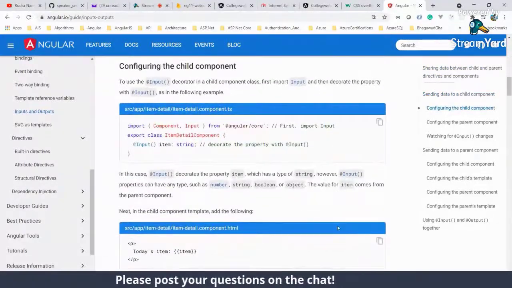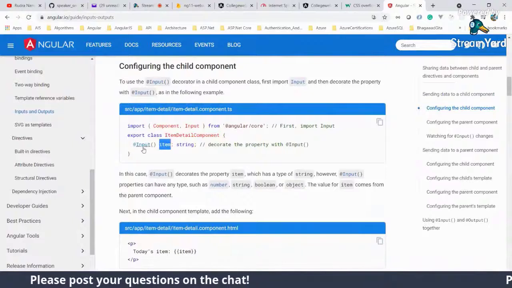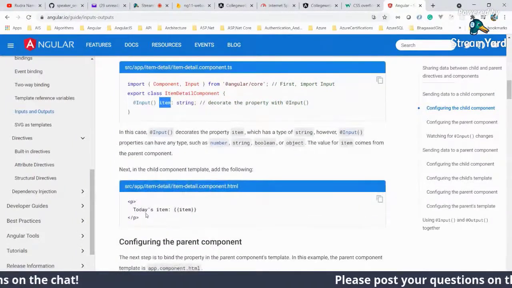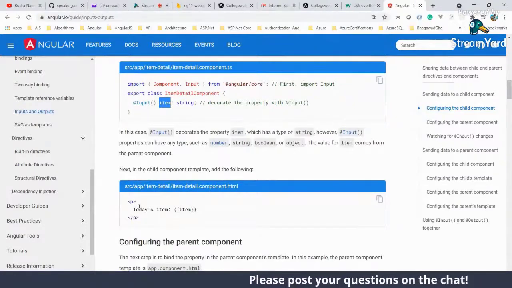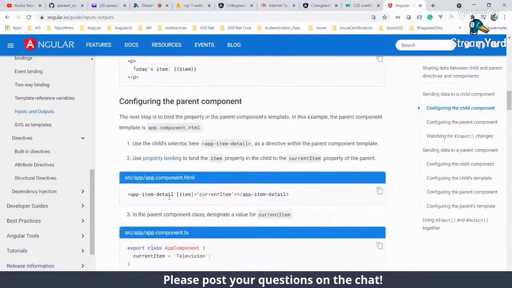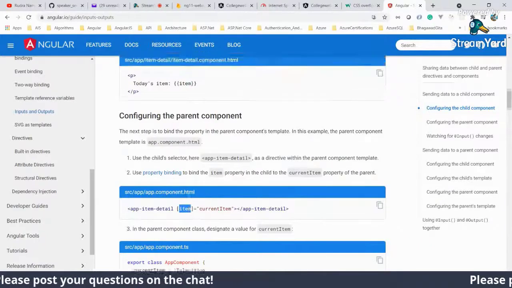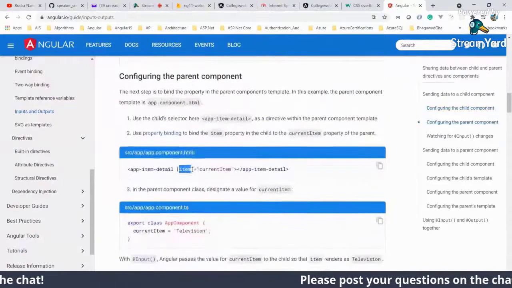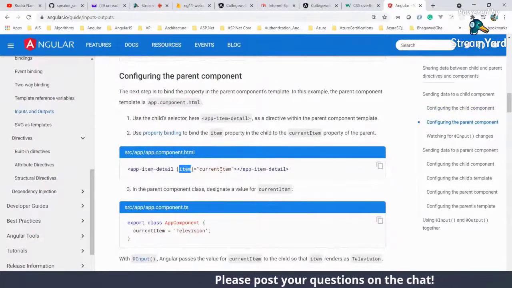That means you should have a property with this decorator, and when we are using that particular item in your parent component, we'll use that same field name, whatever you have declared. Here we have declared it as item, so we use the same field name and then pass the value.